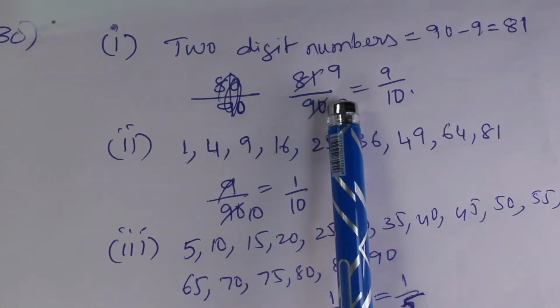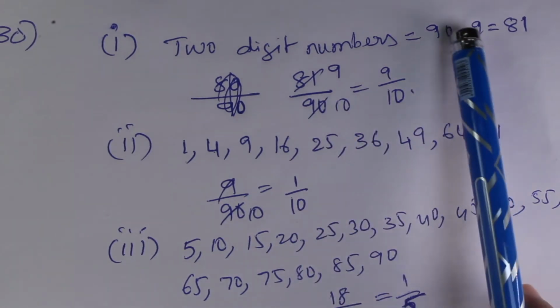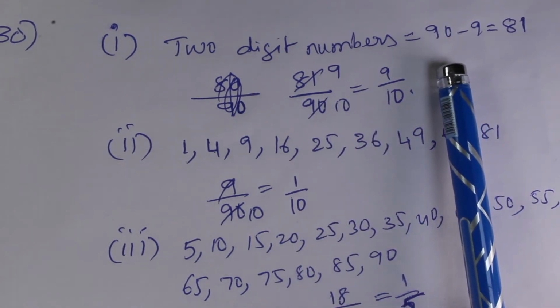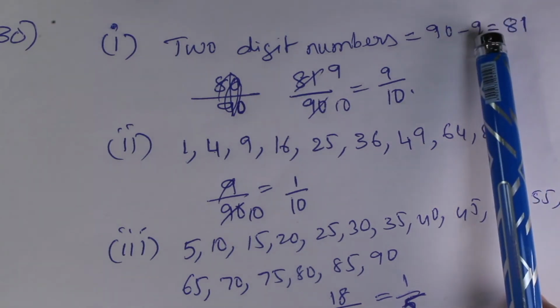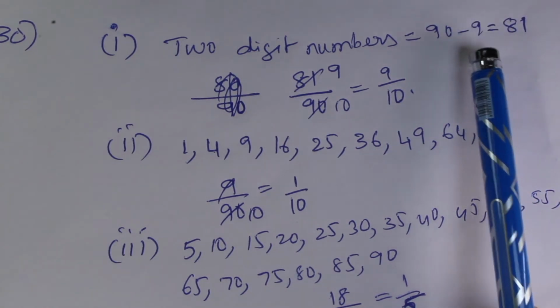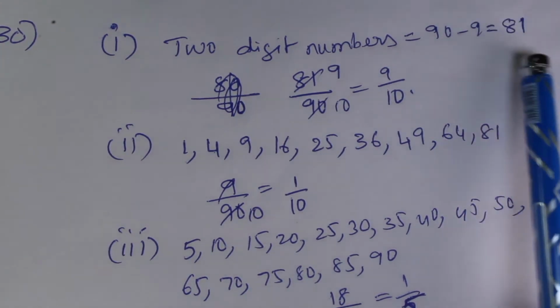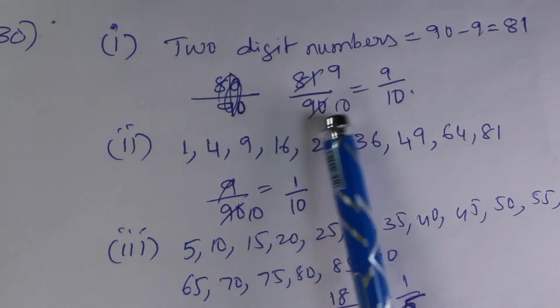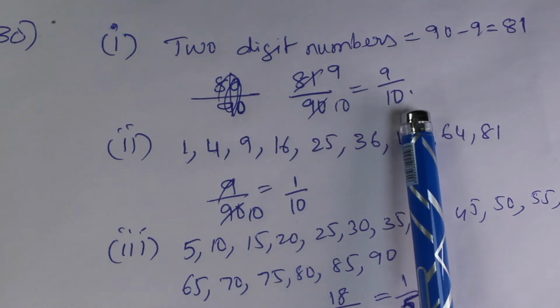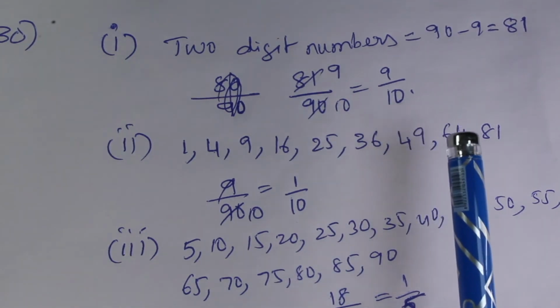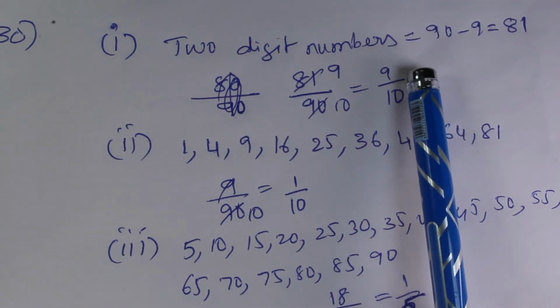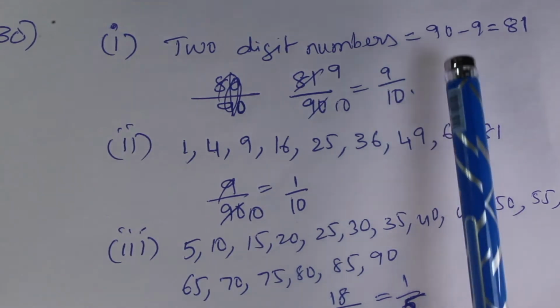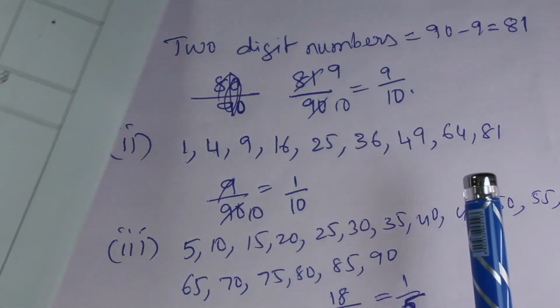So how many 2-digit numbers are there between 1 and 90? There are 90 numbers, right? So I am subtracting the single digit numbers, 9. So 90 minus 9 is 81. So 81 2-digit numbers are there. So 81 divided by the total number of cards, 90. 81 divided by 90 is equal to 9 by 10. So the probability of drawing a 2-digit number disc is 9 by 10. Now next.